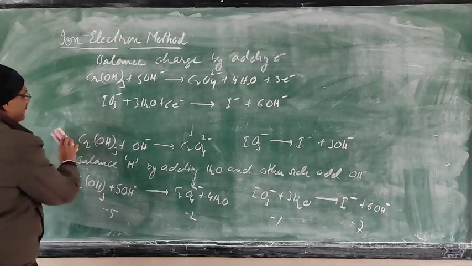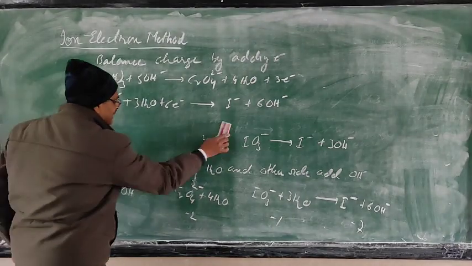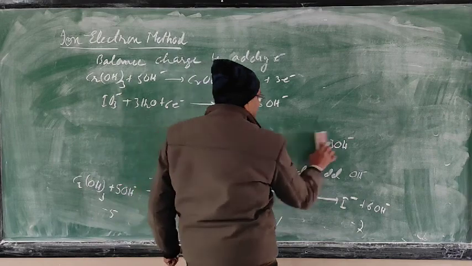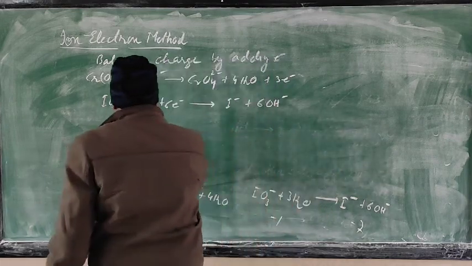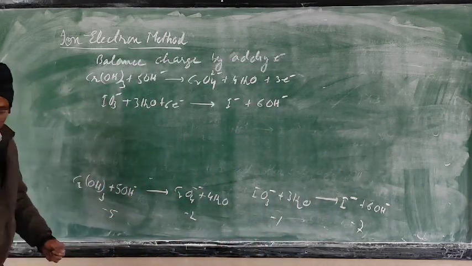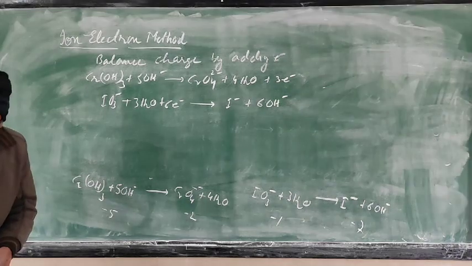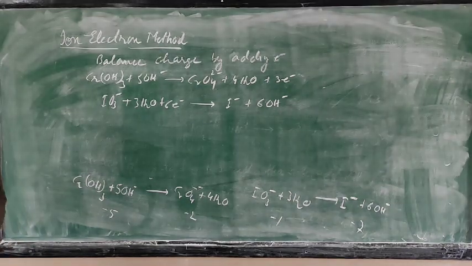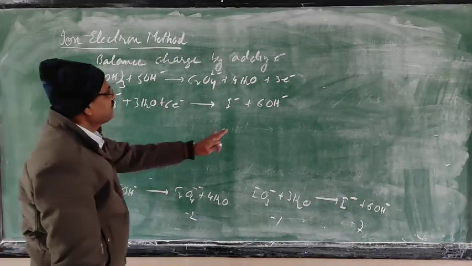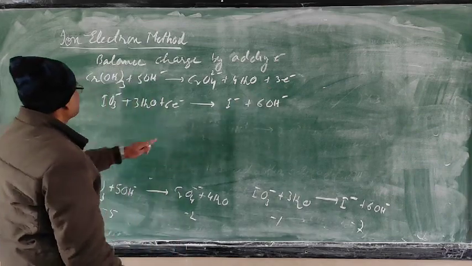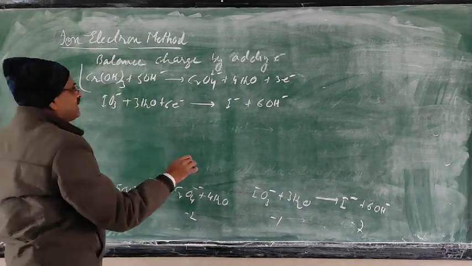Now we can add both the equations, then we have to remove the common electrons. So how can we make the electrons common? We multiply by a suitable number so the electrons are common. Any coefficient we can take: in the first one it is 3 and here 6, so first you can multiply by 2.